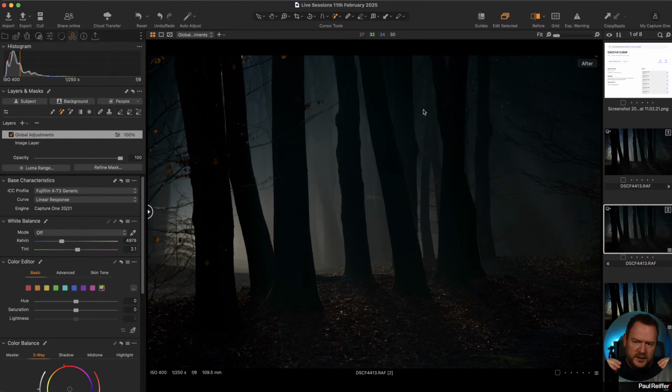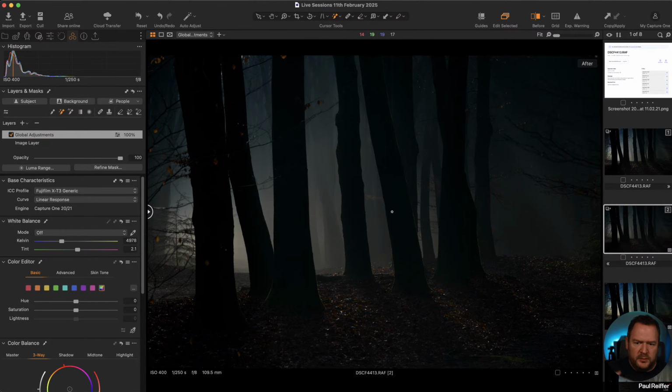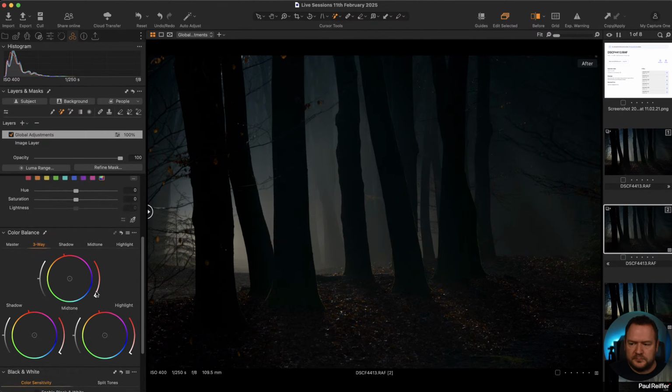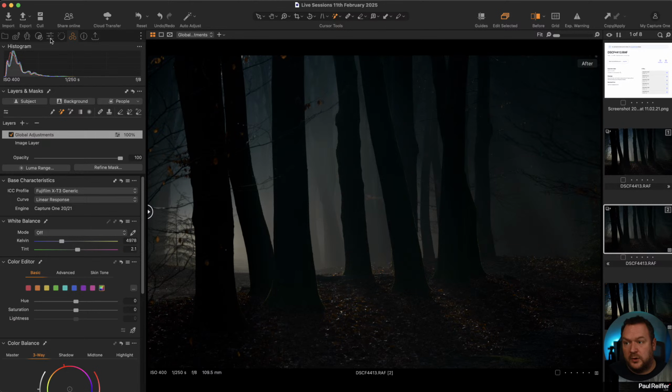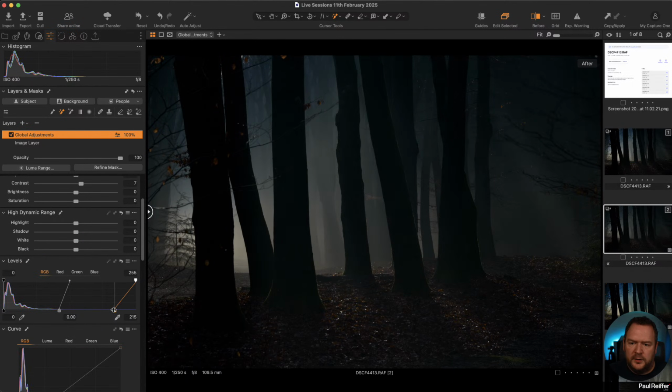So if you're seeing a really, really high contrast image with not a lot of data that's beyond just the shadows, linear response isn't a bad place to start, because we end up getting rid of some of that punchiness, and we end up with a lot more data to begin with.